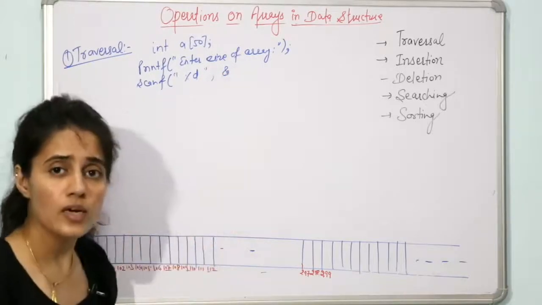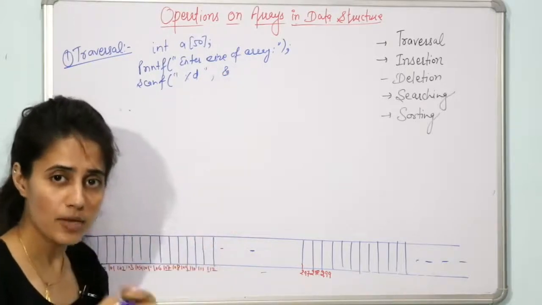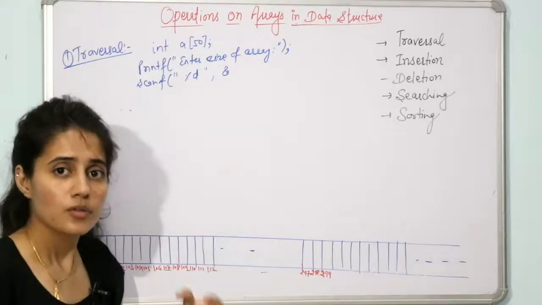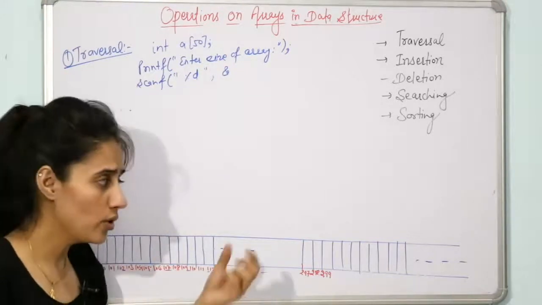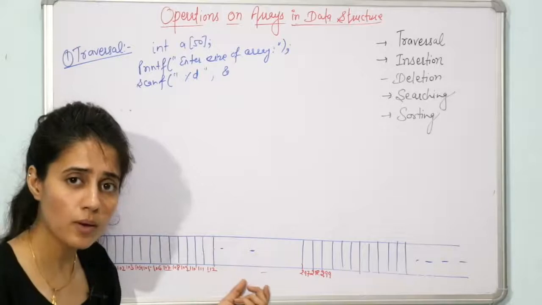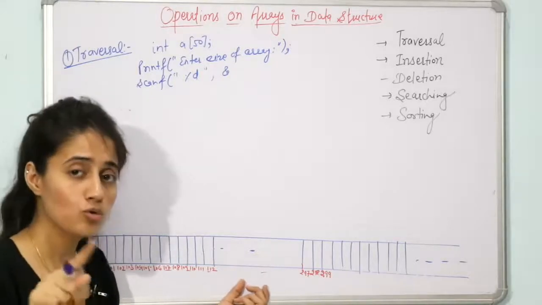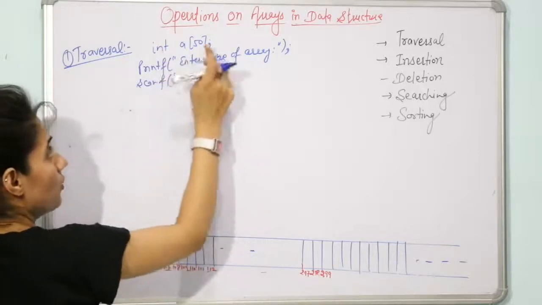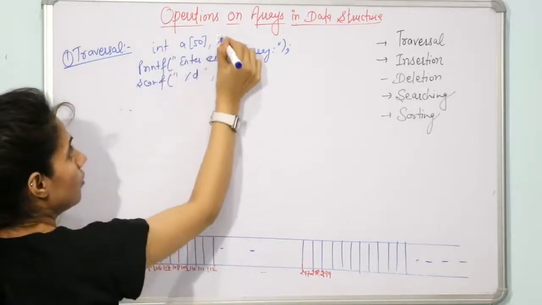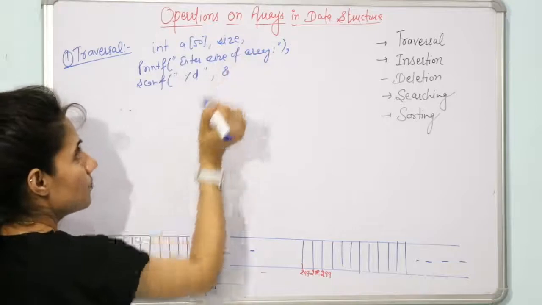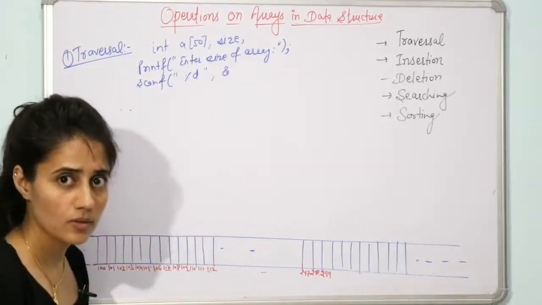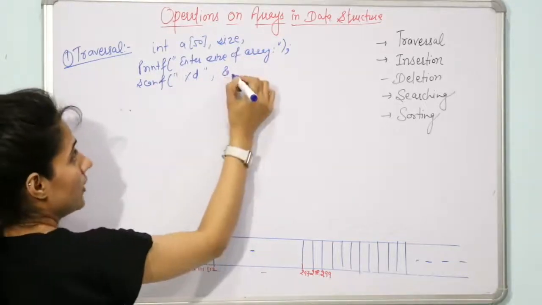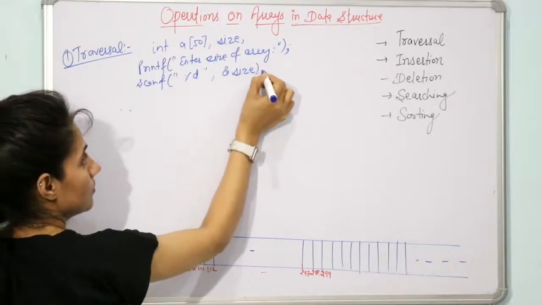Now if user will give some input, some integer value, then obviously that value should be stored in memory. And how is the value to be stored in memory? Using a variable. So you have to declare another variable. Fine. So let us suppose we have declared the array, and I am going to declare here only one variable, named size. Fine. And I am going to write here address of size.